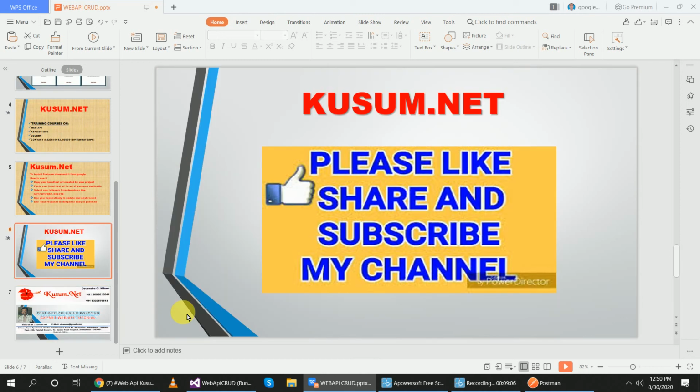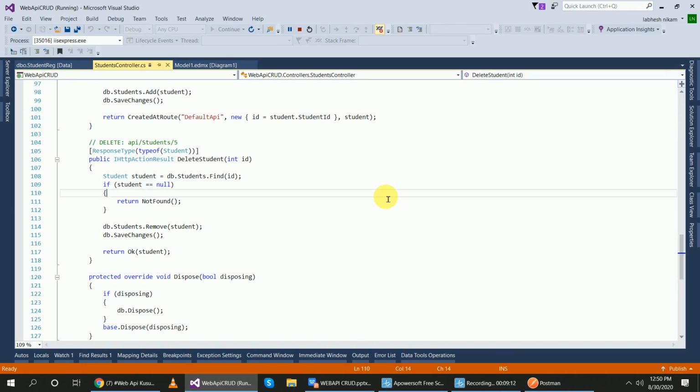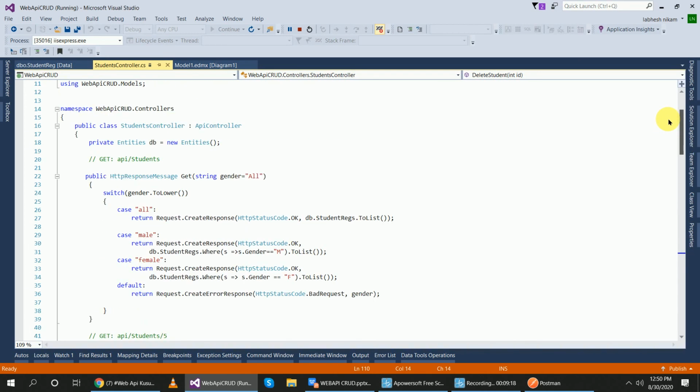now we will check how to use the Postman application. So this is my web API application, and here you can see this is my API controller.